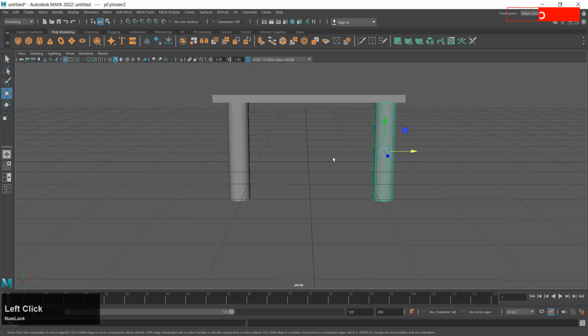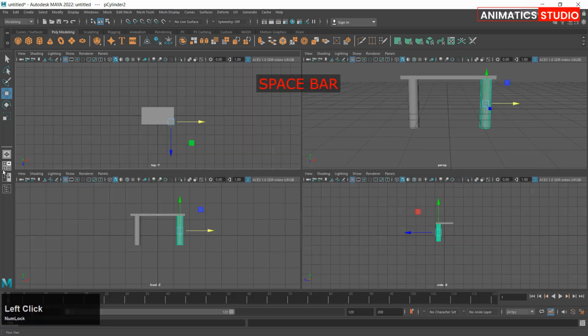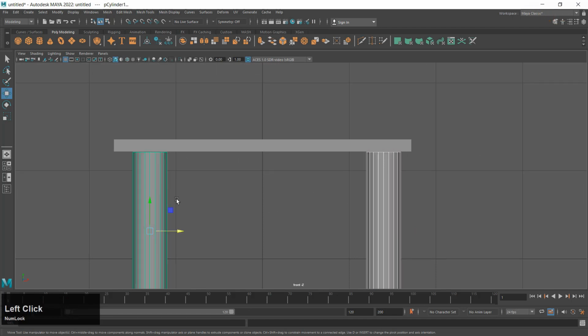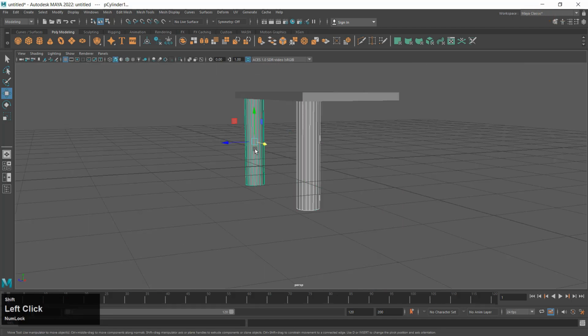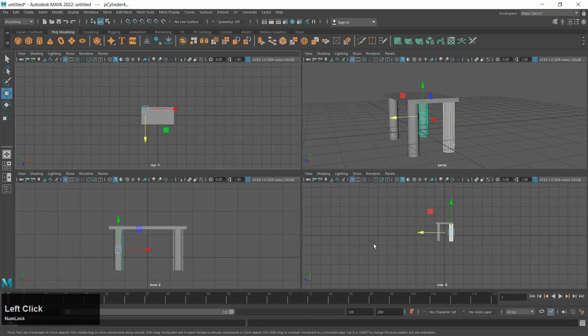key on the keyboard. Now we will go to the panel layout, and the shortcut for the panel layout is the spacebar key. Now open front view Z-axis and adjust the object. Again, coming to the perspective view, we'll duplicate front legs with the Ctrl+D key and we'll view the model in